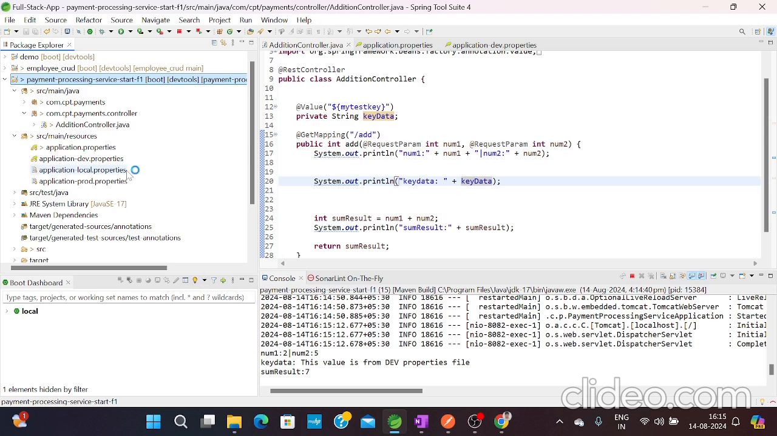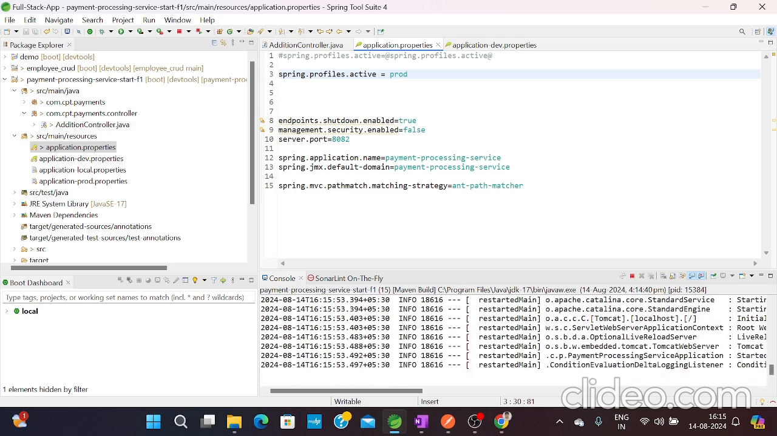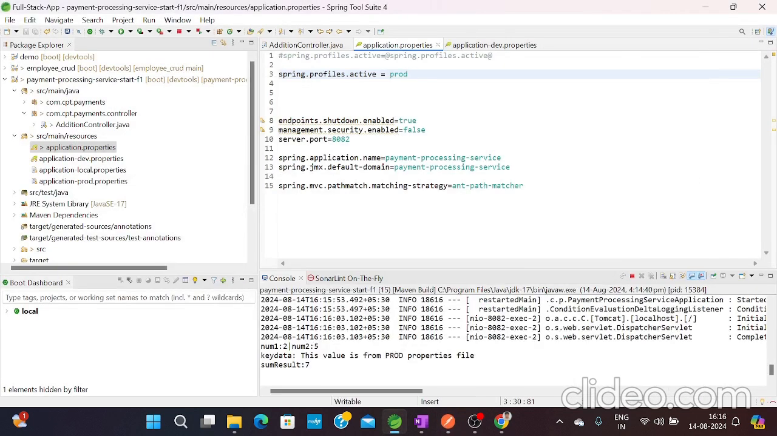Like this, if you want to print this output from the prod.properties, then you need to go again here. Instead of dev, you need to write prod. After that, you need to save it, and now you go here and hit the send button. You can come to the console. Here you can see it is coming from the